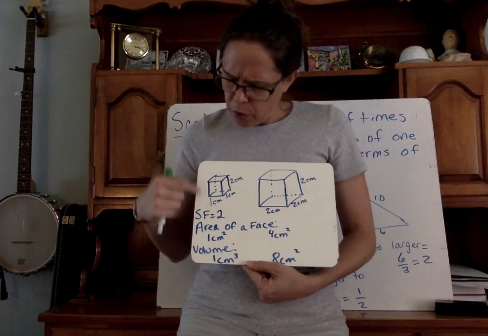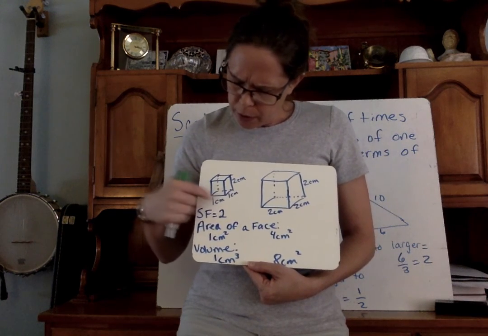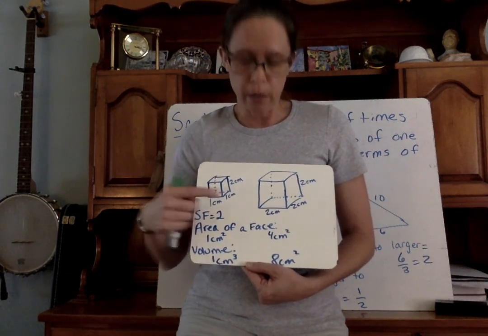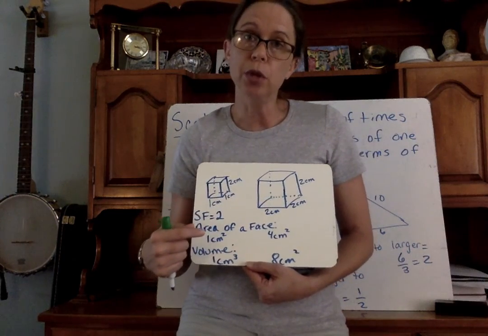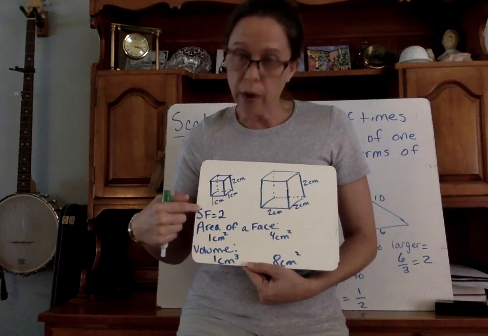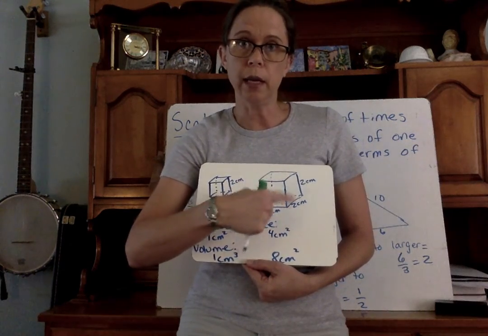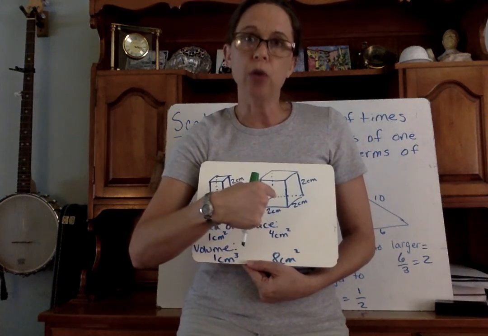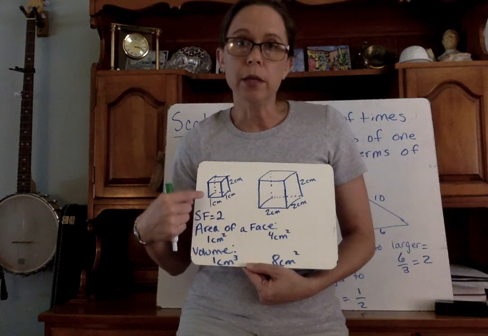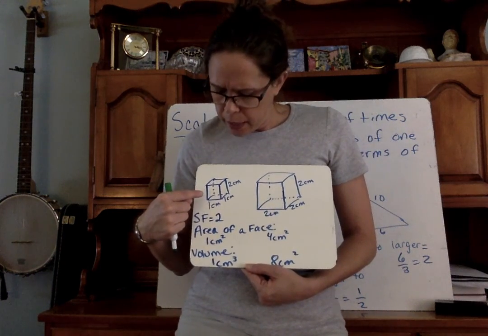Okay? So if I were to think about the scale factor, this one, all the side lengths measure 1. On this one, all the side lengths measure 2. So the scale factor from the smaller to the bigger is 2, right? The side lengths on this cube are twice what the side lengths are on this cube. But